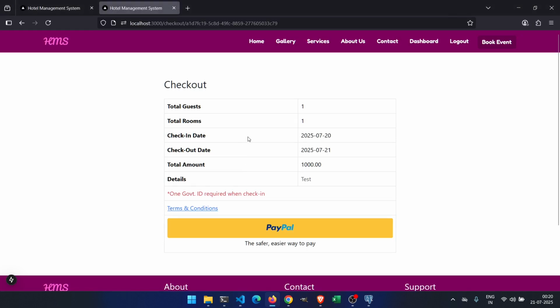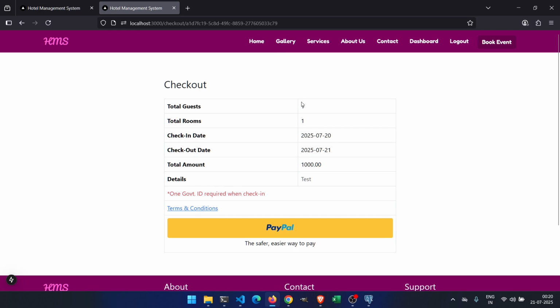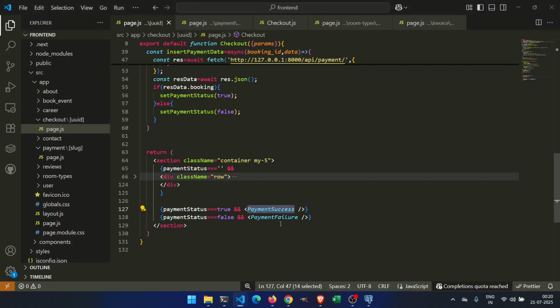One more thing that we should do, that if this checkout ID is already paid, then we should not show this, or we can show this is already paid, or we can show the payment success, right? For now, let's show the payment success, right? So what we will do now, we will say pay if,